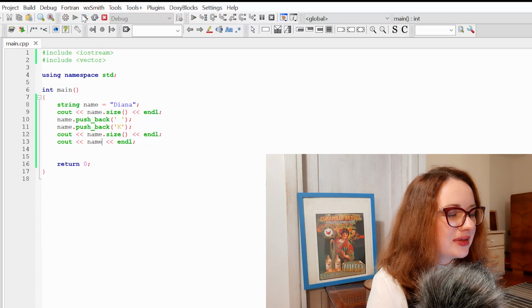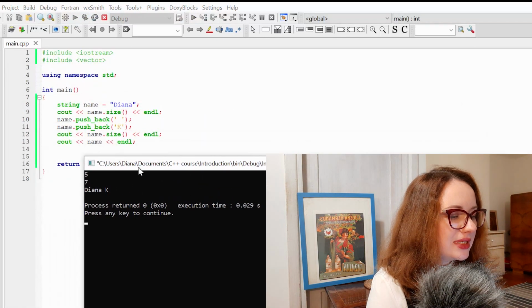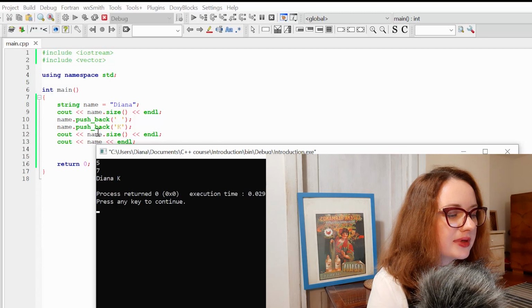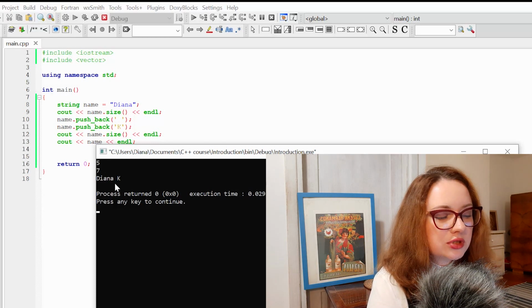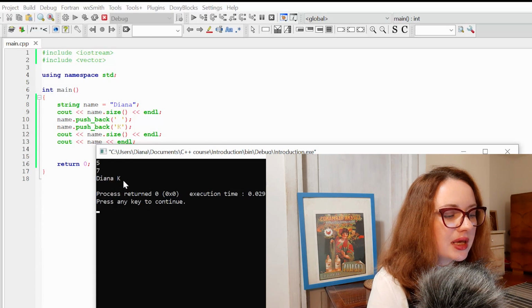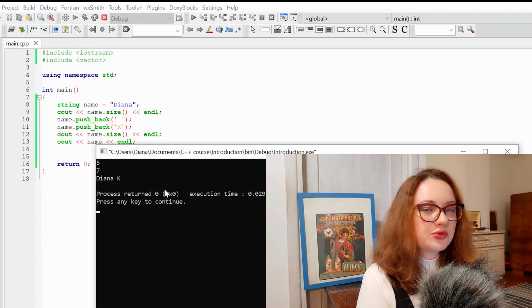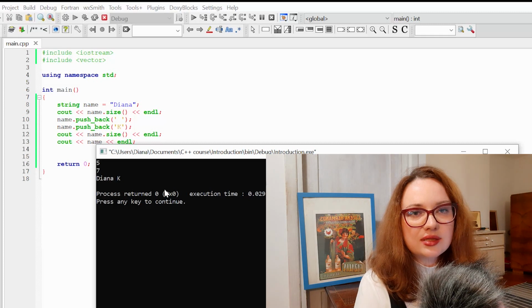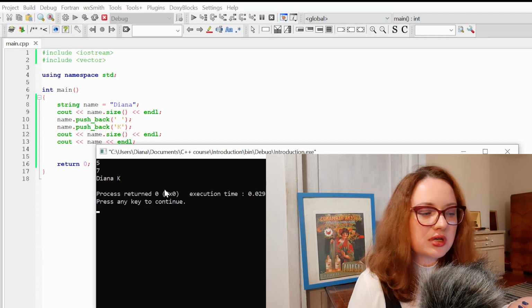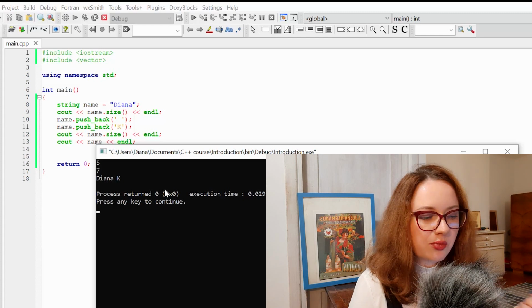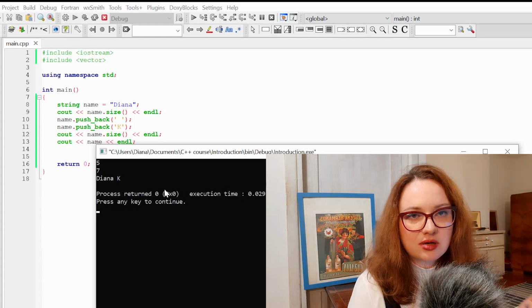Now let's build and run our program, and you can see that initially the size of my name was 5. After I pushed back 2 chars, the size is 7, and we have new string Diana K after we pushed back 2 more chars. And in the same way you can remove chars from the end of your string using command pop back. Pop back will remove the last char of your string.